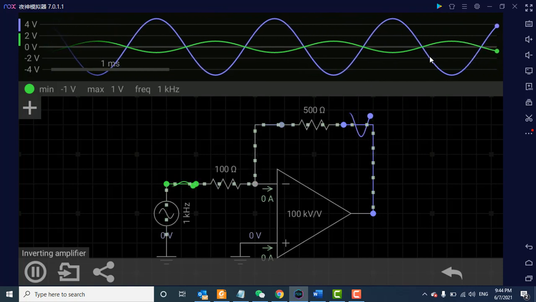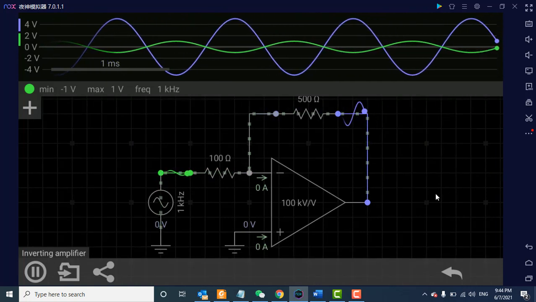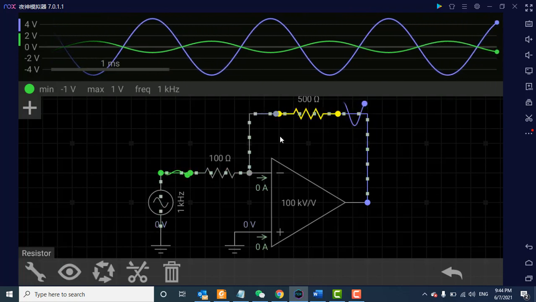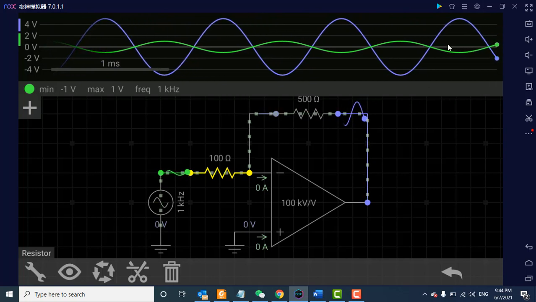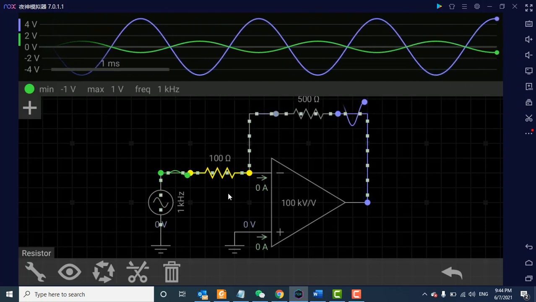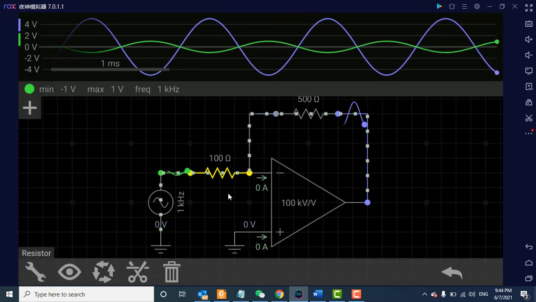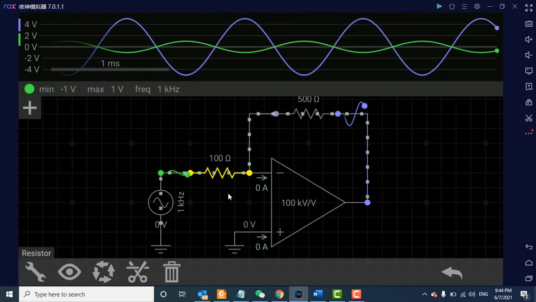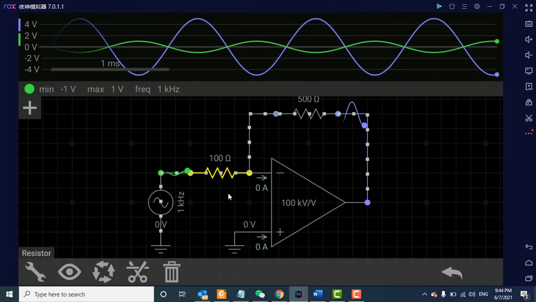So how can you make the inverting amplifier using op-amp? You need to adjust the values of RF and R in. So you can make the AC amplification, and it can also give you DC signal amplification. So that was about the inverting amplifier. In the next video I will explain about the non-inverting amplifier. So that was all about the inverting amplifier.